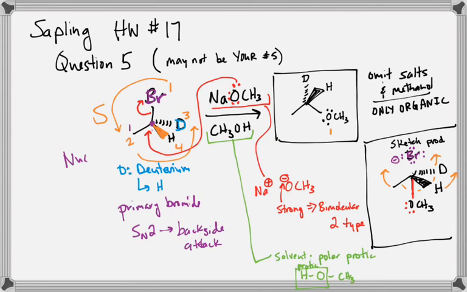My oxygen is number 1, my carbon is number 2, my deuterium is number 3, my hydrogen is 4. Go through and run our sequences from 1 to 2, 2 to 3. That would suggest that we are running